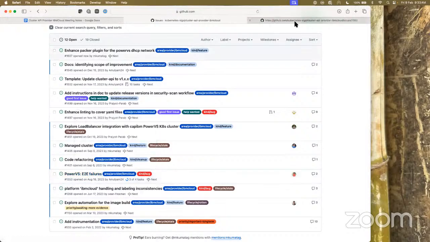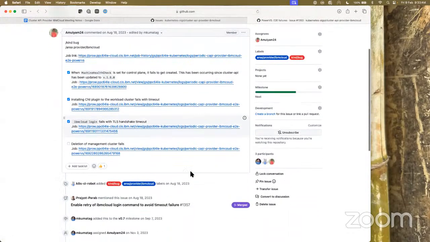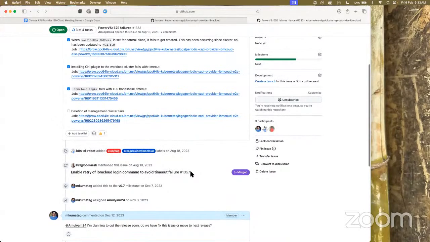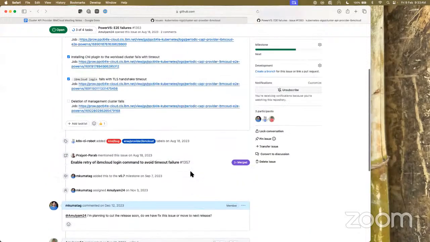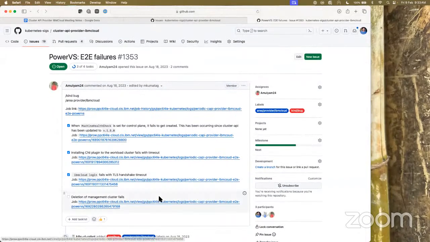Do we still need this E2E failures? Yeah, this one has two issues basically. One is, it doesn't break the build, but we just need to understand why the cleanup of the management cluster is failing. And the second issue is the CNI one, which was the earlier one. These days I'm seeing that CNI issue as well, connecting to the cluster to deploy CNI. The other issue of optimizing the CNI flow might help fix the E2E for a little bit. So there are only two issues for Power VS as of now.